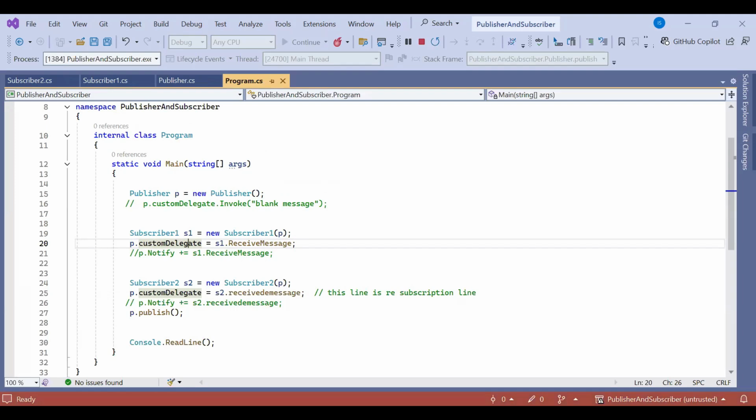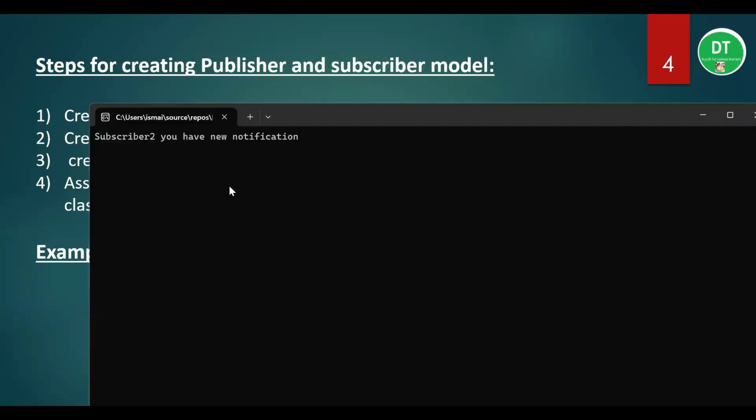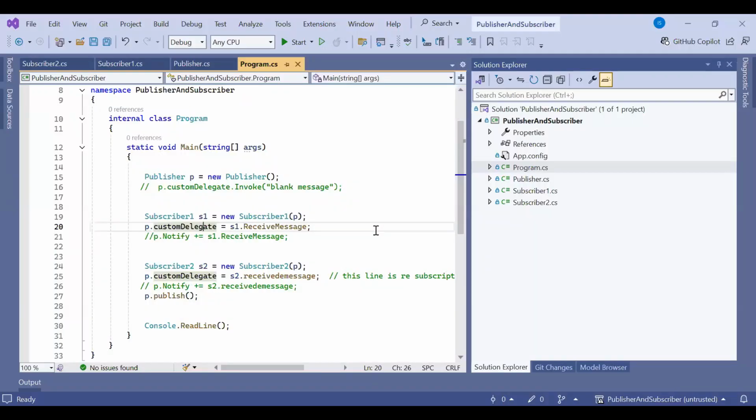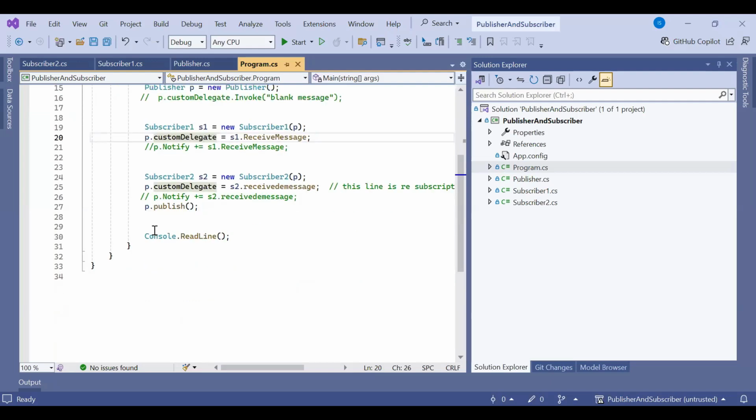I will share the screen. You can see that only one message is present here, that is related to subscriber two, meaning only subscriber two is receiving the method, because when we use equal to while attaching the next method to the delegate, it cancels the earlier attached method. So this is one problem. And the other problem is